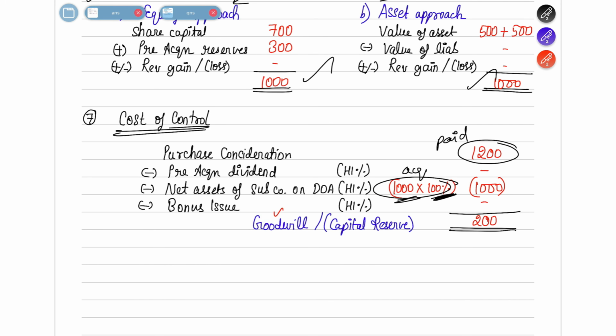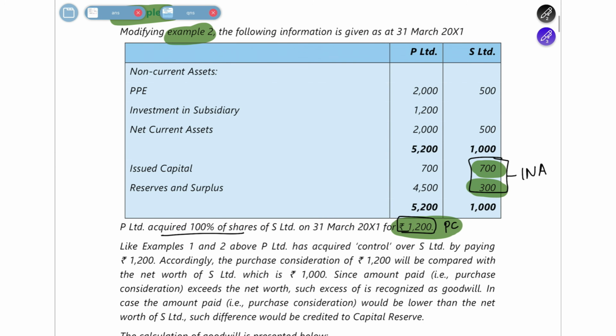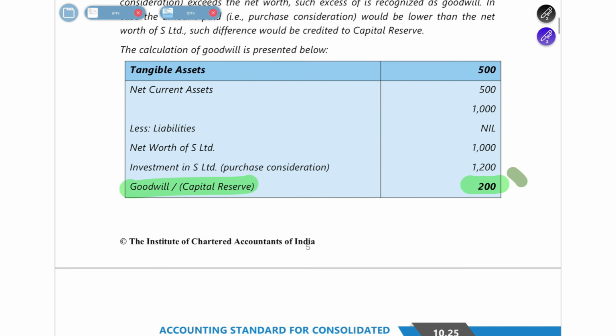So the entire net assets you have acquired, which is 1000, fully you acquired. So you paid 1200, acquired 1000. So the remaining value is 200. So you paid more, but you received or acquired less. Why did you pay more? You paid 200 more because there is a goodwill in that company. So the answer here is going to be 200. So let's move on to the question part. So here also if you see, the answer is 200.